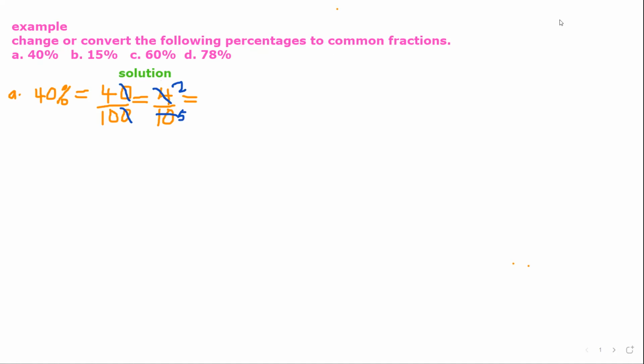Now here we have 2 out of 5. The 2 out of 5 is in its simplest form, so there's no way you can cancel the 2 and the 5 at the same time. Therefore,